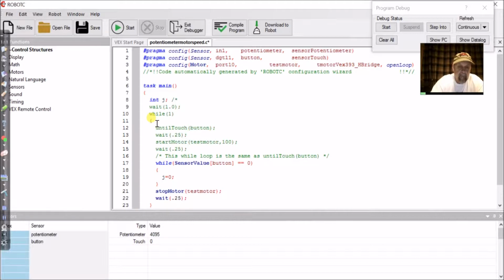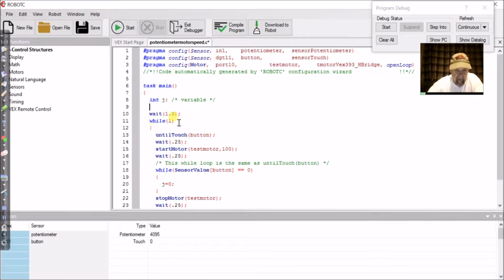And so I'm going to put a comment. If I do /* and then end with a */, everything in between is a comment. It's good practice to put comments to explain what's going on. So in here I've got this,